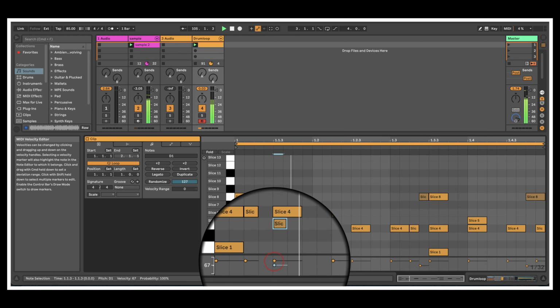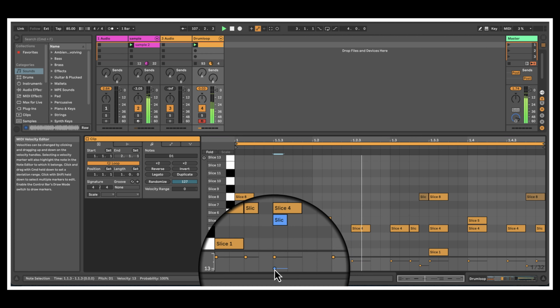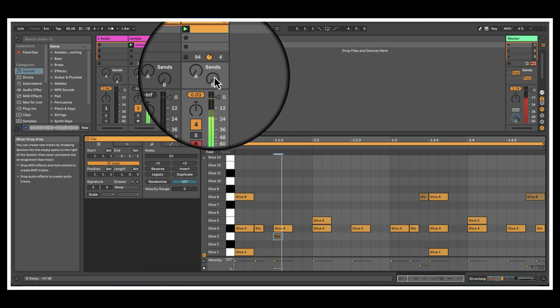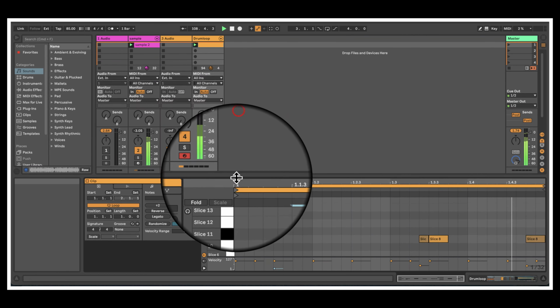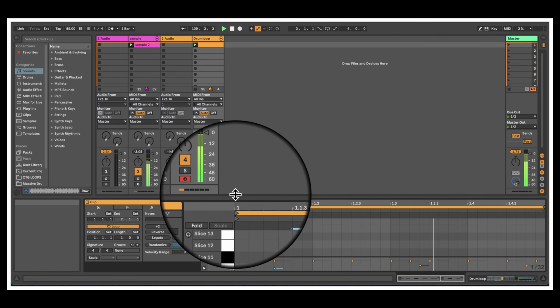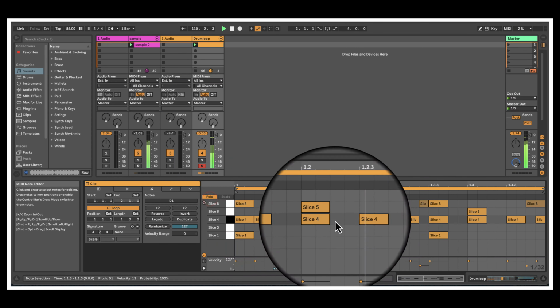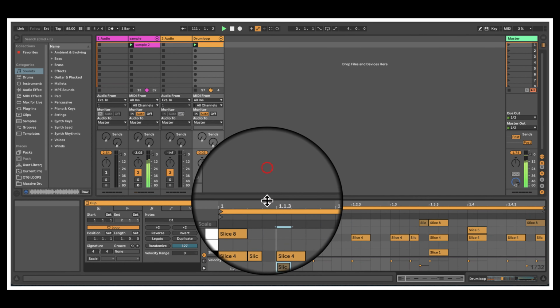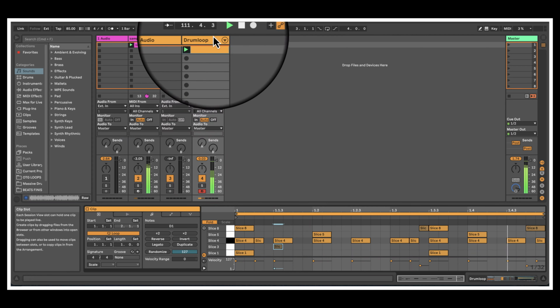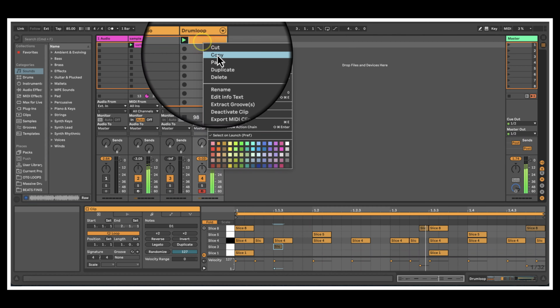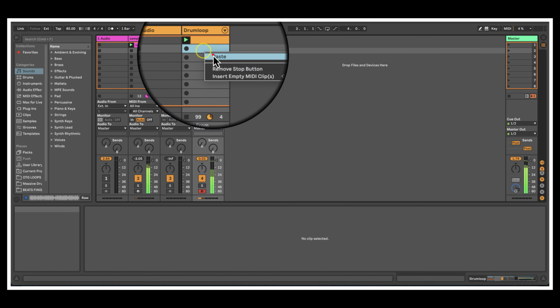That way down. Okay, and so now that we got that together, we're gonna hit our fold again so we can see our basic drums. All right, and so now what I would recommend doing is we would copy that and paste it